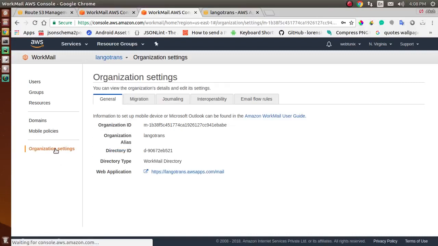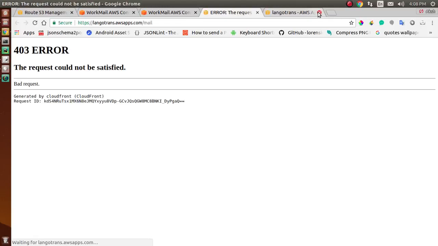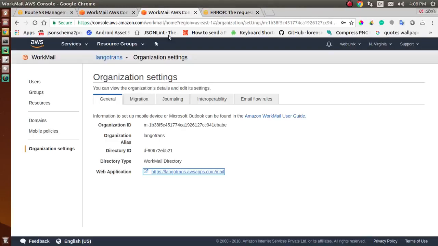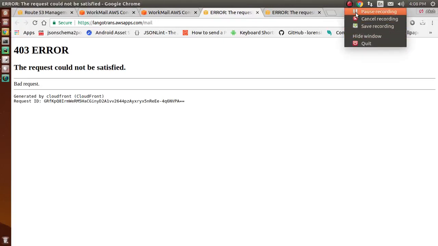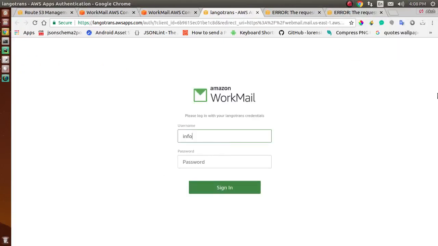Click on organization settings and click on this link. Here we give the username and password to open Amazon WorkMail.